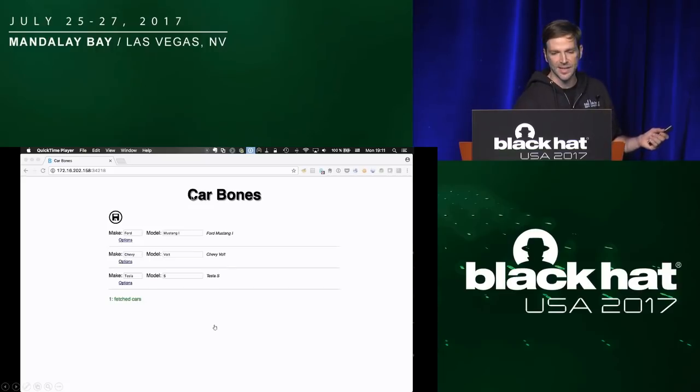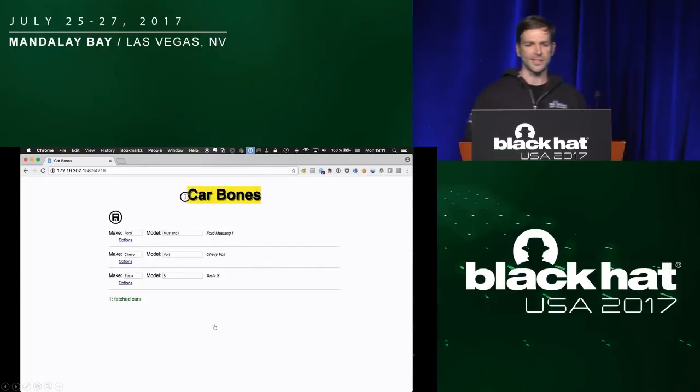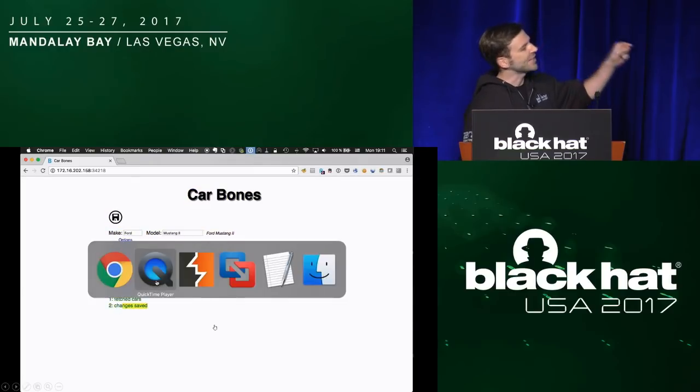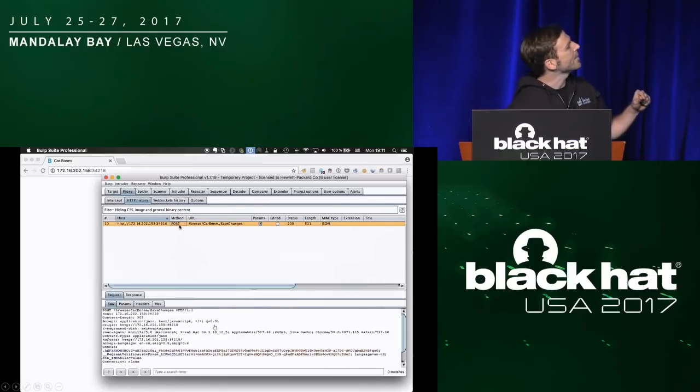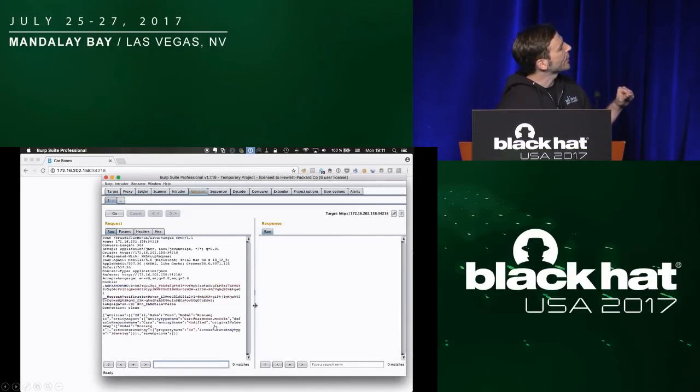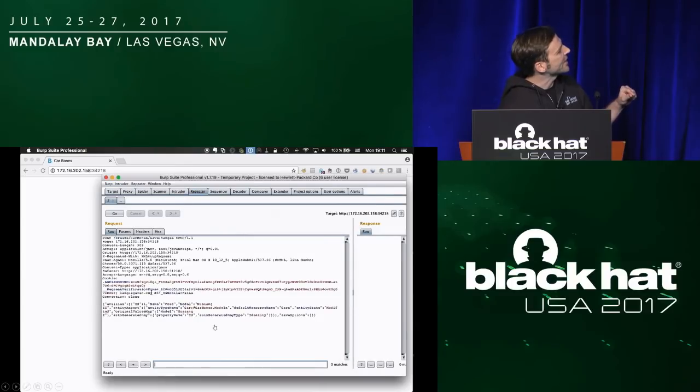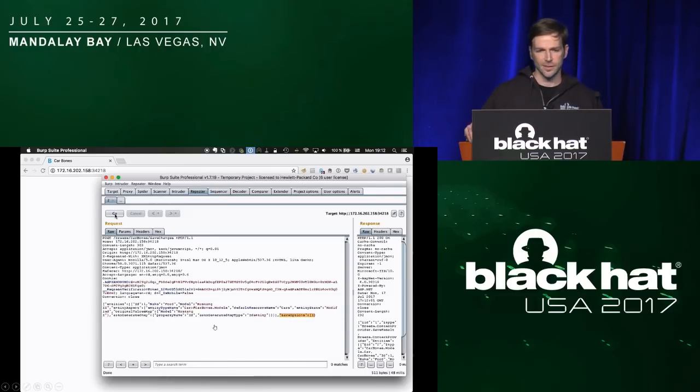This is one of the sample applications that comes with Breeze. It's a sample application that lets you update or create new car models, just something simple to teach developers. So if we send this change for the car model name, we will see that in our request we have the change of the model name, like Mustang 2, and then an empty dictionary that is called safe options. If we send this request,